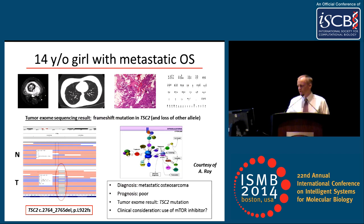So this was a 14-year-old girl with a metastatic osteosarcoma. It's a bone tumor. This is a cross-section of bone. This whole white area here is the tumor. You can also see there's a little dot of white here, which is a lung metastasis. This is the histology of osteosarcoma. And this is an example of some of these tumors and the complex genomic architecture and genetic architecture there is, and that you can see there's a huge number of variant chromosomes present in this